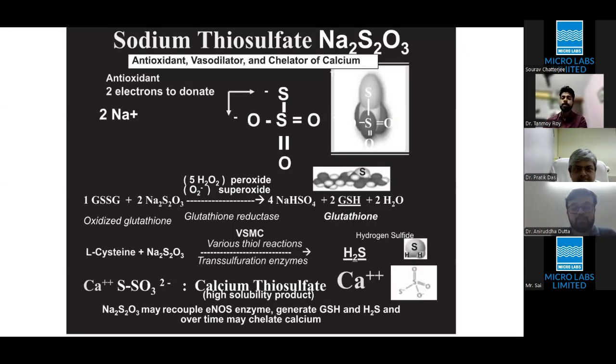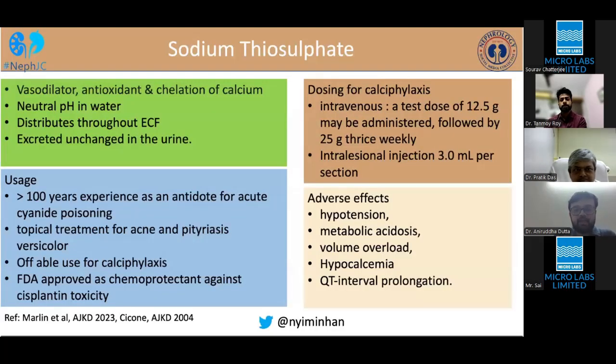The main mechanism is the chelation of calcium and formation of a soluble product known as calcium thiosulfate from the sodium thiosulfate. And as we all know, it was mainly used as an antidote for acute cyanide poisoning initially, and now it is undergoing off-label use in calciphylaxis, and multiple trials have come up. The dose mainly for calciphylaxis is, after a test dose, 12.5 grams weekly, 25 grams thrice weekly,